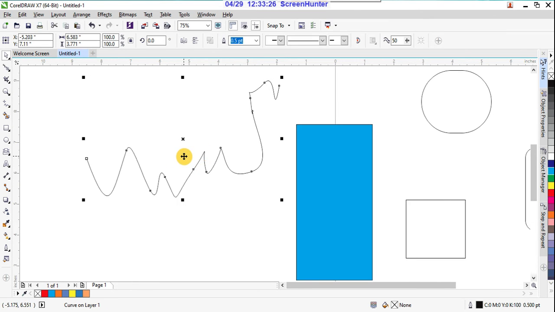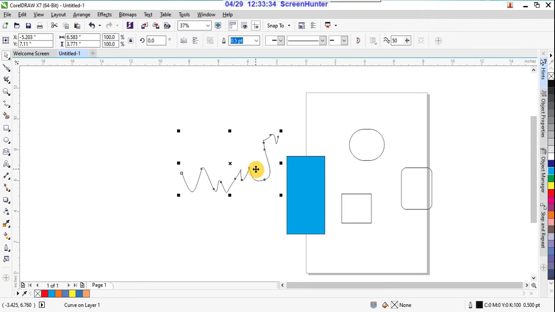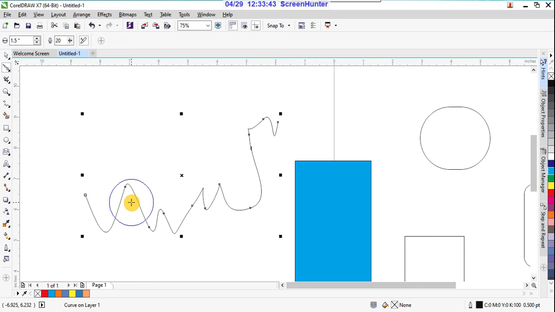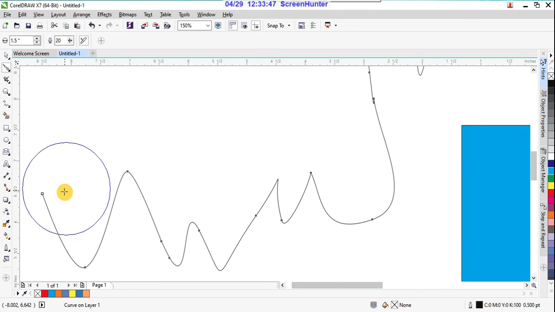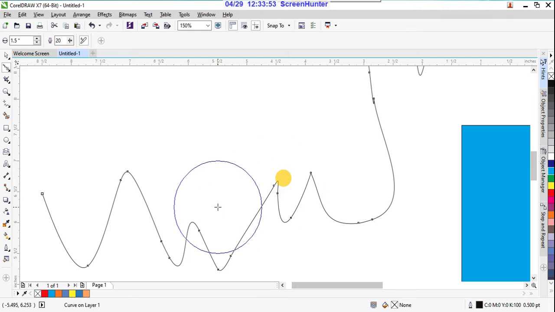If you observe here, see, there is some roughness, sharp edges are there, somewhere curve corners are there. I want to smooth them. In that case I'll use this smooth tool. Just click on that and see your cursor, you drag on that, so it is getting smooth. Suppose here if you observe this, it is getting smoother.